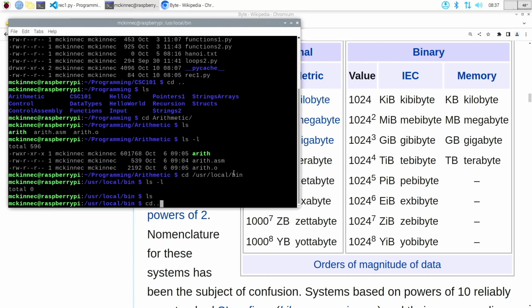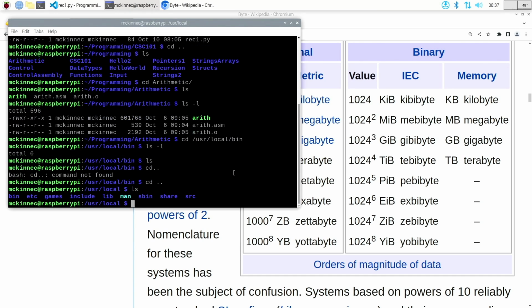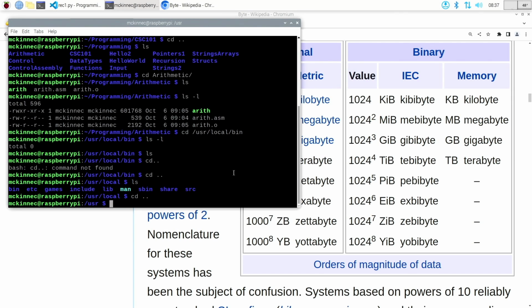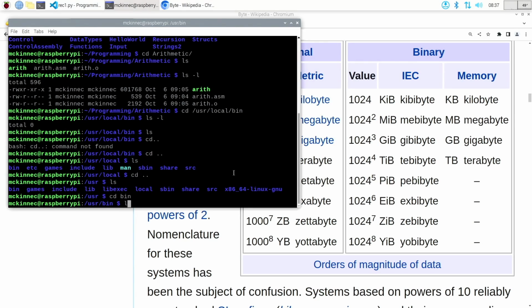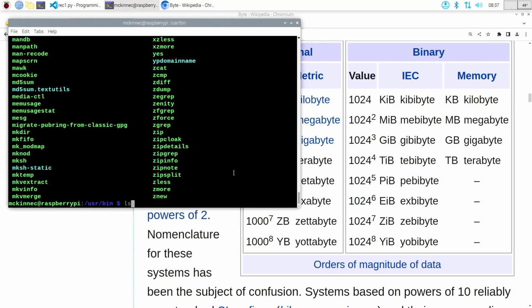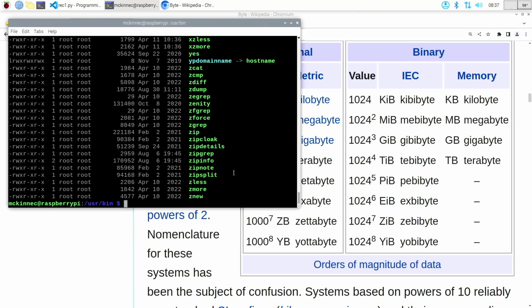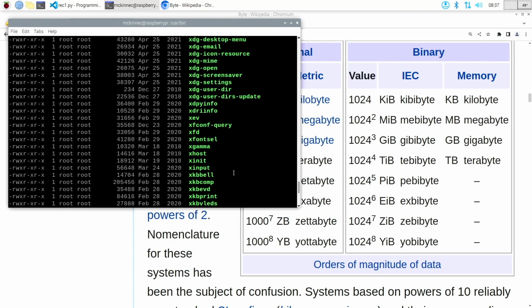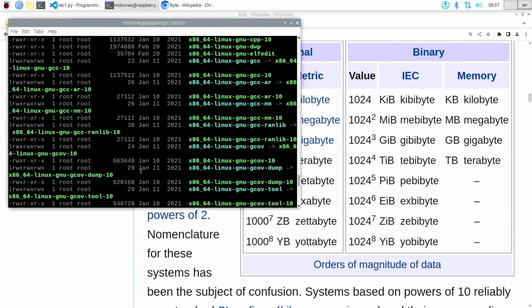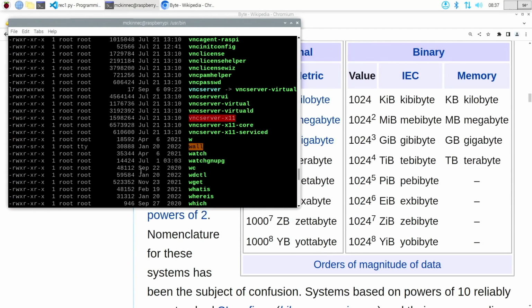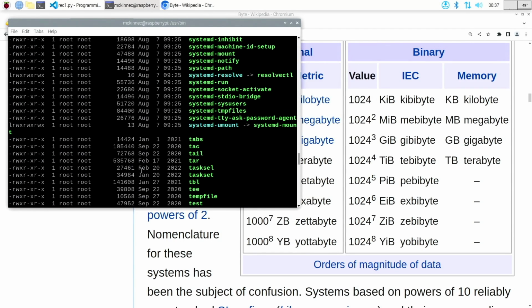Okay, that was surprising. Oh, there we go. So it's in user bin. Here it's displaying just the number of bytes, but there is actually a command, and